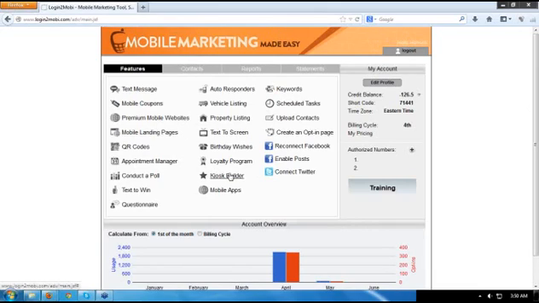We also have QR codes. You could even conduct a poll or text to win, vehicle listings as well, and property listings, and a lot of other things for you to do. And apart from that, let me just tell you that we also could allow the system to give you a way of not having to worry about having the coupons redeemed multiple times.